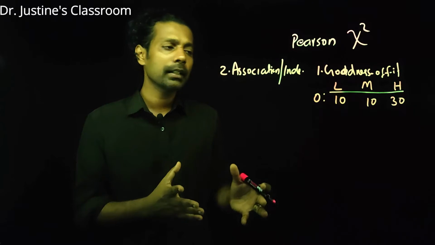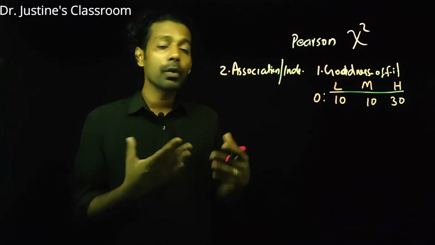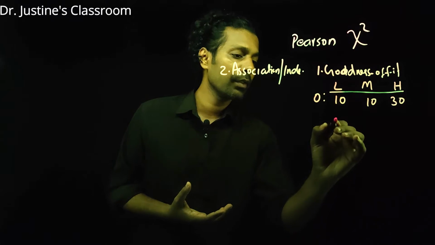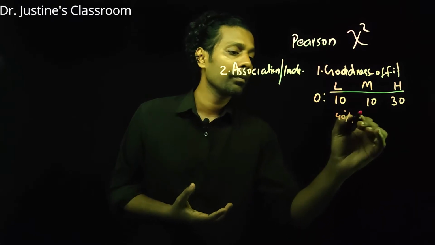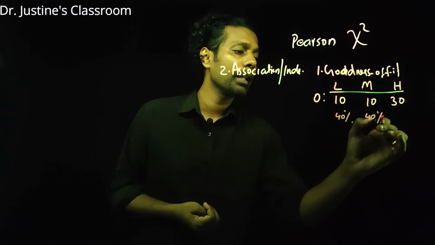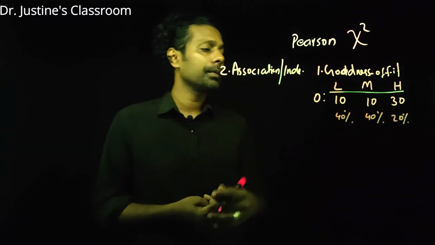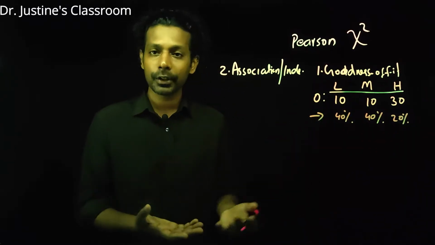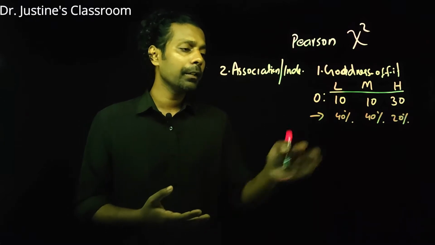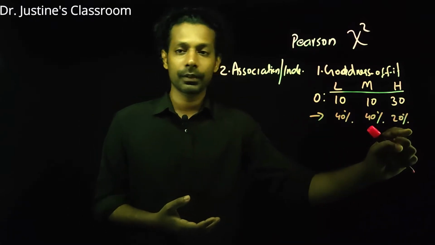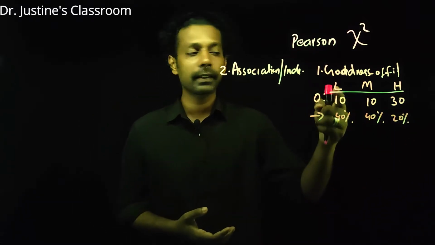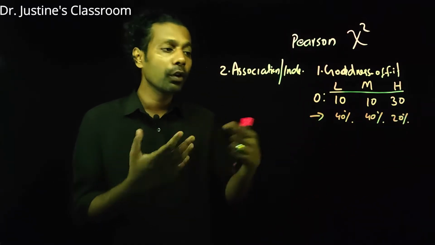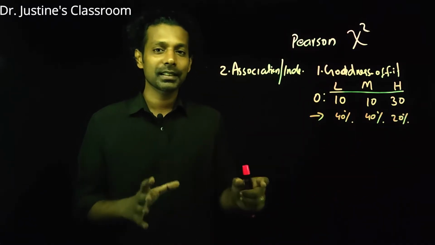In general, I will take the district, and I found out that around 40% of the people are poor, 40% of the people are middle, and 20% of the people are really rich. So this is what I realized from the district population. If this pattern is followed when they select students and give admission, how many students would they select? Just think along that line.